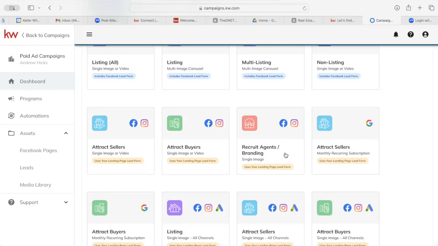Recruit agents and branding, attract sellers, and you'll notice this is a Google ad. So I can also run Google ads from this new campaign experience as well. Now, this isn't really the training for that part. We're just going to go over Facebook ads in this one. For Google ads, I'll do